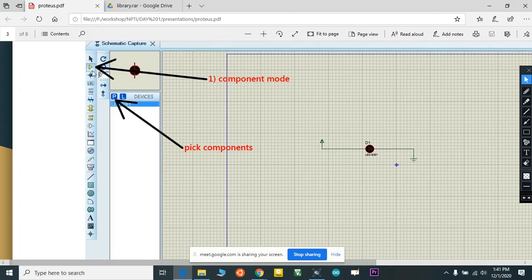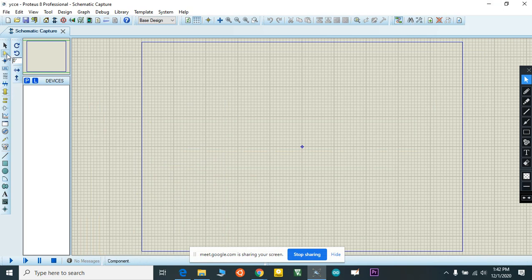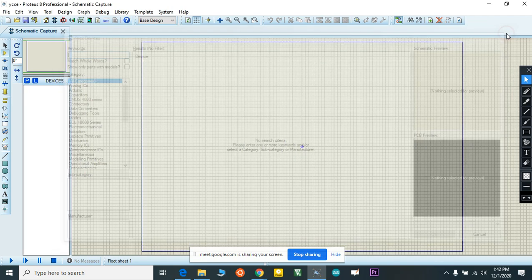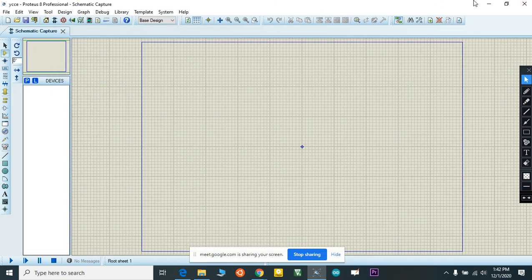This is our component mode, and you can pick components from this once you press this icon. First you need to select this component mode, and then in our object window you can see a P. P means pick. You can open a device window that pops up. Okay, I think everyone understands all these steps.